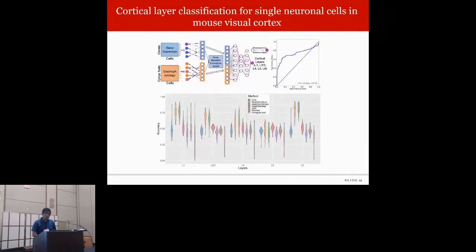There are a couple of existing machine learning approaches that do predict this mouse visual cortex layer. The bottom part shows the different approaches, and ours is green and red, which we see outperforms